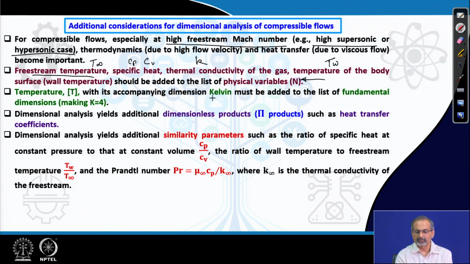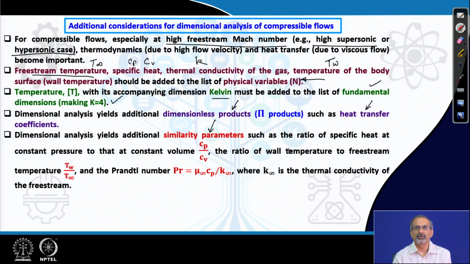Temperature with its accompanying dimension Kelvin in SI units must be added to the list of fundamental dimensions. So, it adds on to your list of k. In the low speed case, we took k equal to 3, here it will be k equal to 4. Dimensional analysis yields additional dimensionless products. So, you will have more pi products to look at, like heat transfer coefficients, say Nusselt number. Dimensional analysis yields additional similarity parameters,